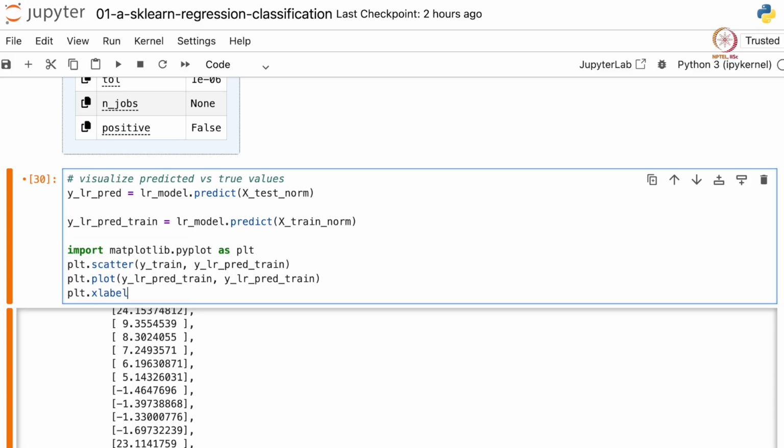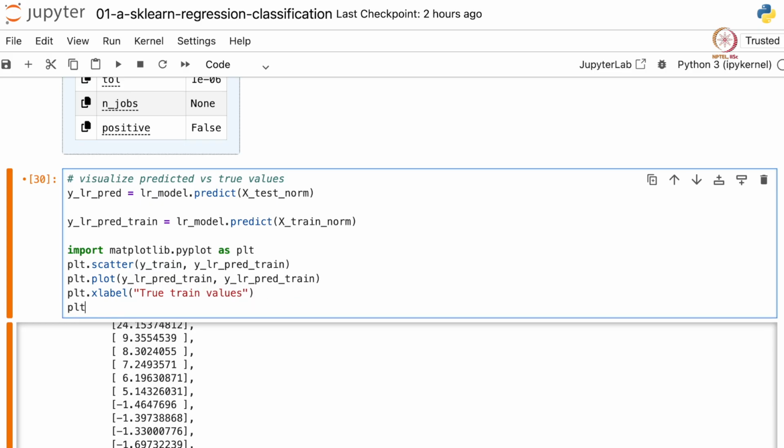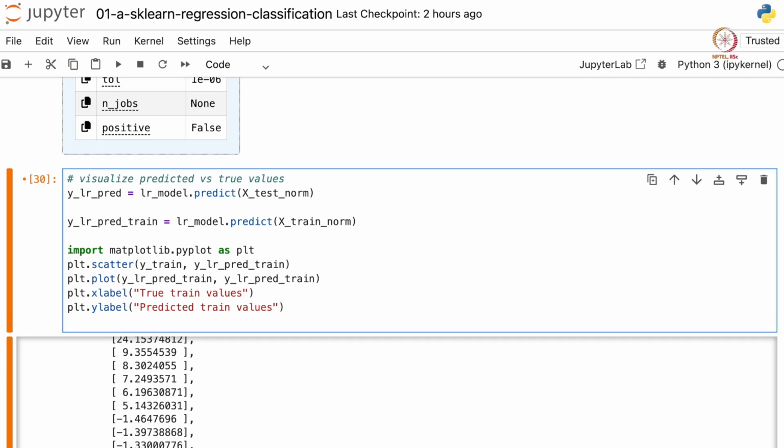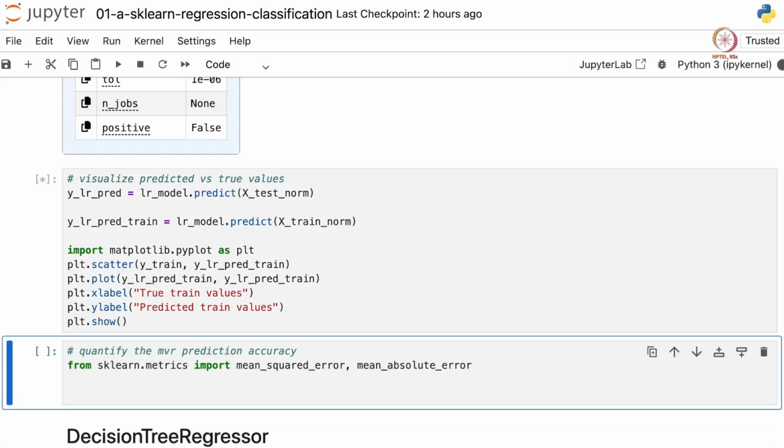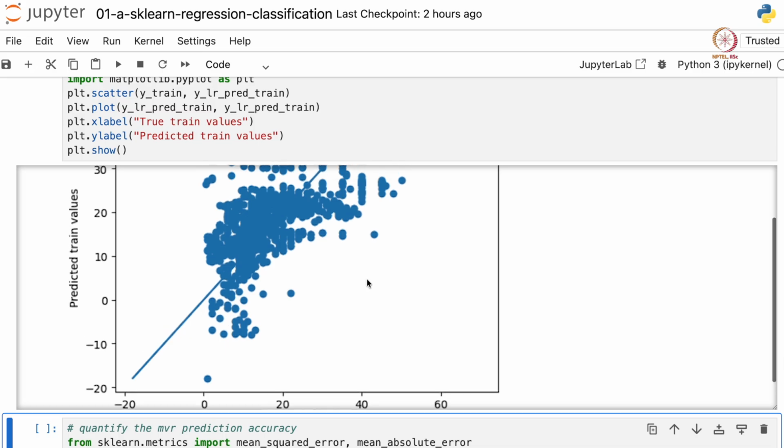So let's say the x label is true train values, and the y label is predicted train values. And then finally we just have to call this function plt.show. This will basically create a plot.